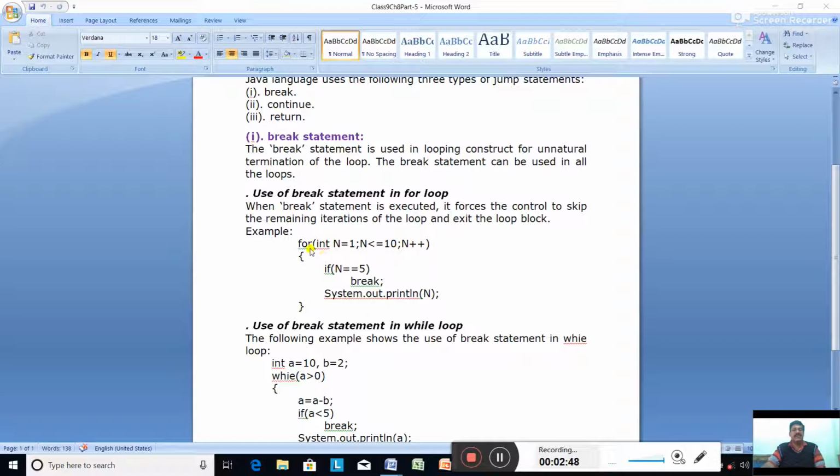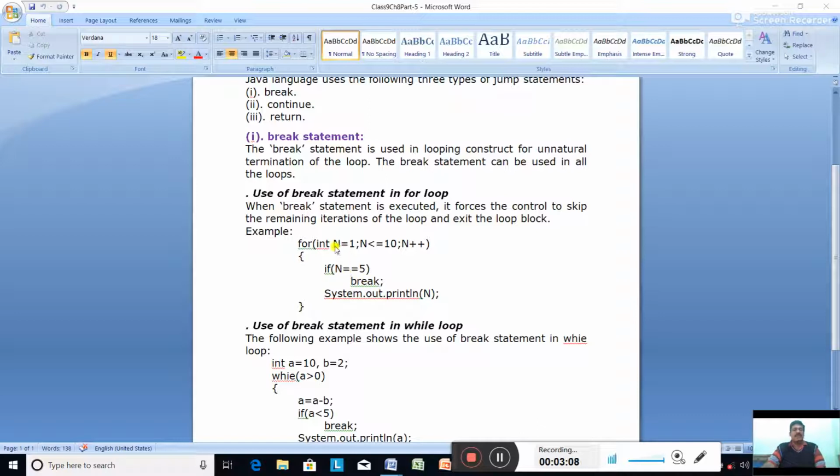This for loop is constructed to repeat 10 times, but we are going to terminate it forcefully using the break statement.